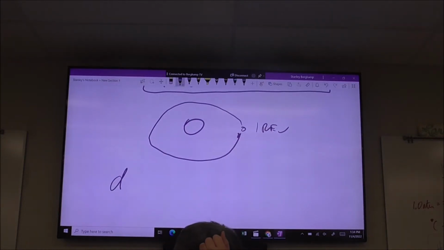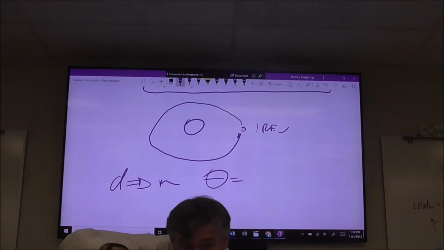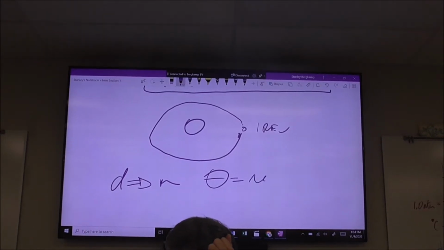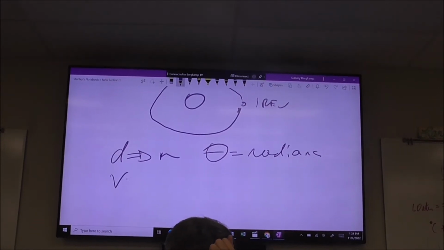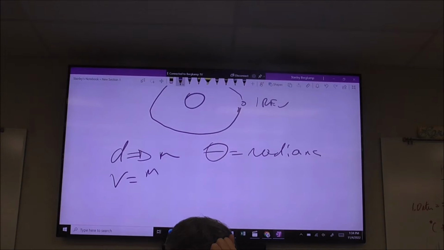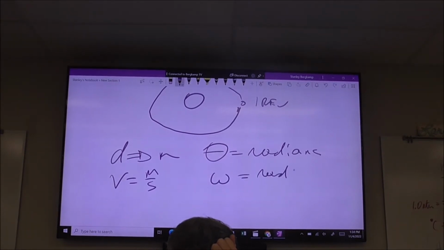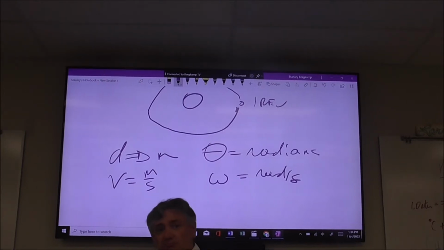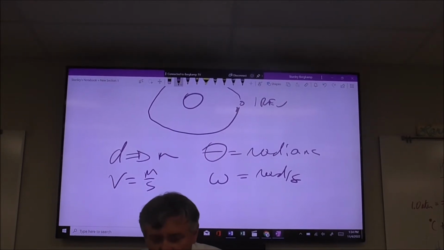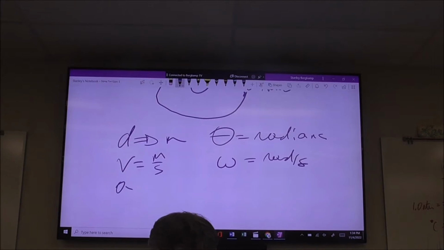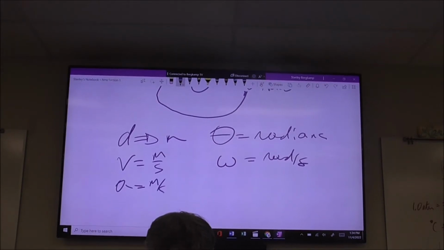So distance in your normal system is measured in meters. Theta is going to be how far it moves in a circular path, and that's going to be in radians. So just like velocity is meters per second, omega is radians per second. Now, just like acceleration is meters per second squared,